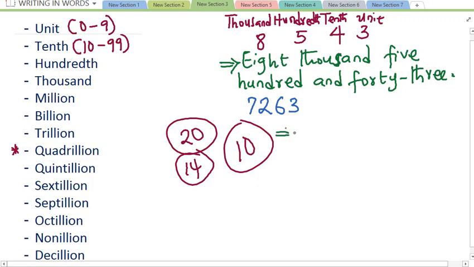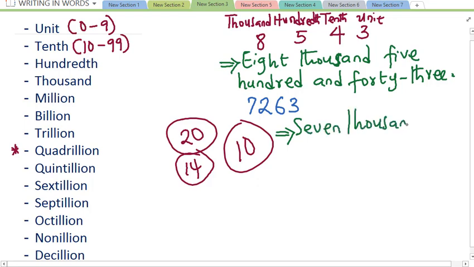Okay, so let's start from here. This is units, tenths, hundreds, and thousand. So this 7 is in thousand, right? So 7 in thousand, 2 in hundred, 6 in tenths, and 3 in units. So this gives us